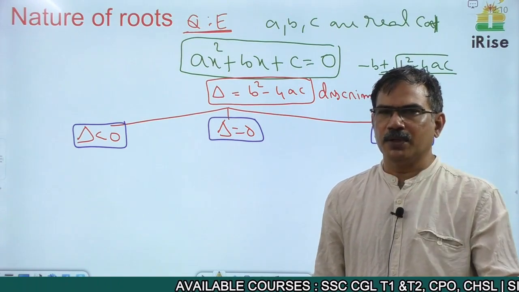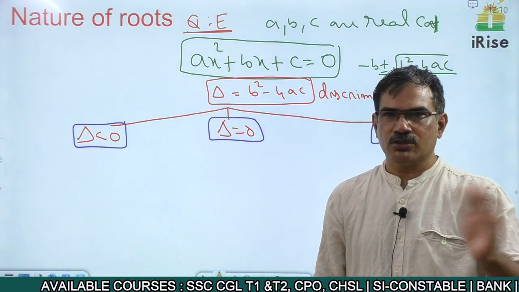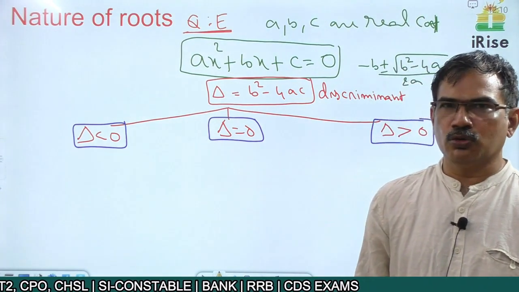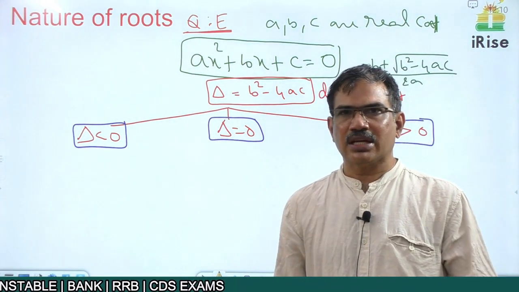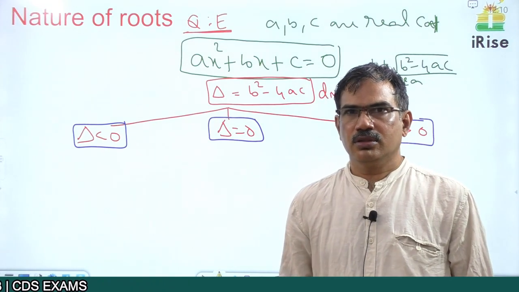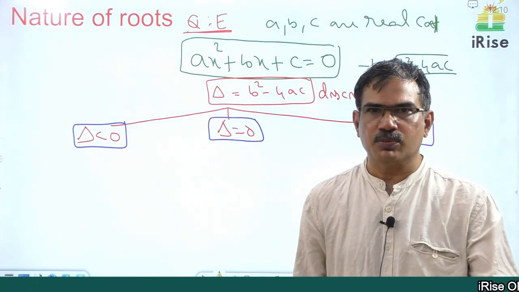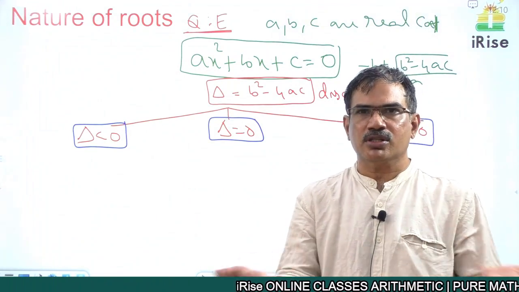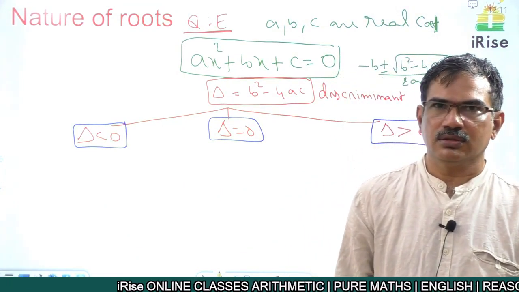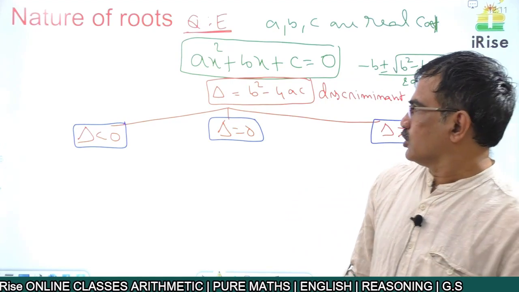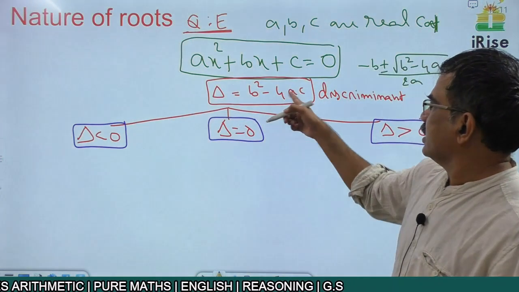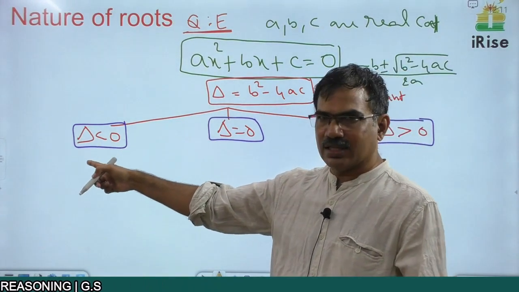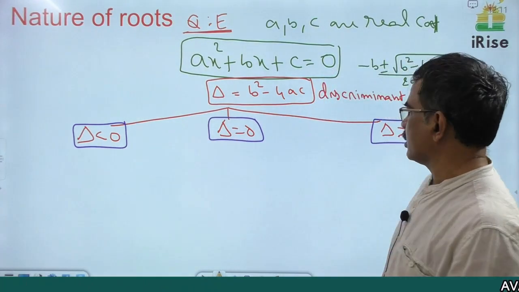If it is a real number, we say whether it is positive or negative or 0. If it is a complex number, like 2i, 3i, they are not comparable. We don't say whether this is positive or negative. Complex numbers means imaginary numbers. Imaginary numbers are not comparable. Okay, so therefore if a, b, c are real, this is a real number. A real number may follow either less than 0 or is equal to 0 or greater than 0.